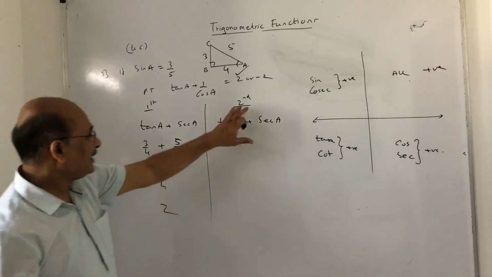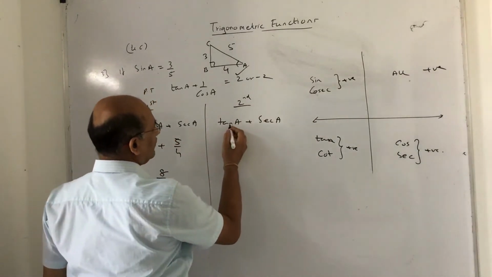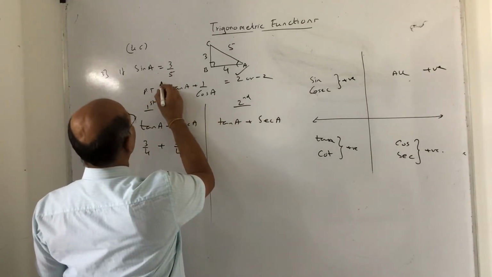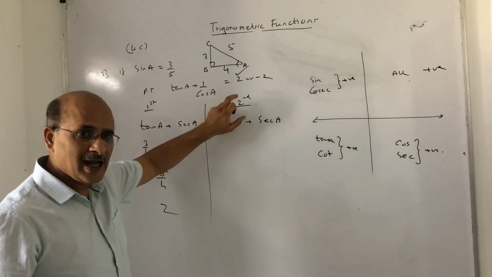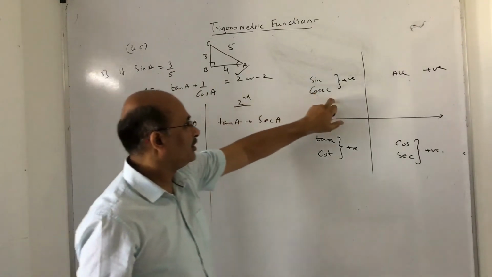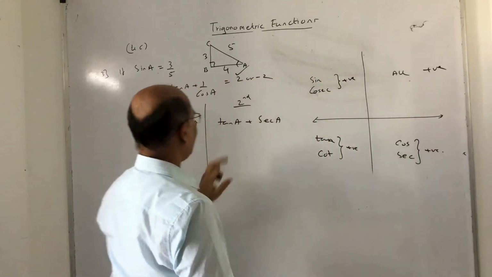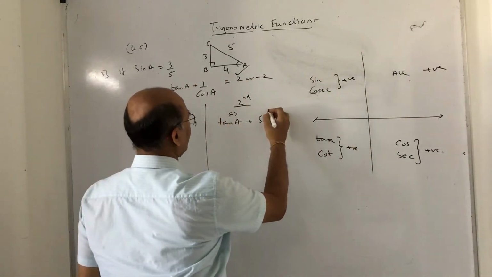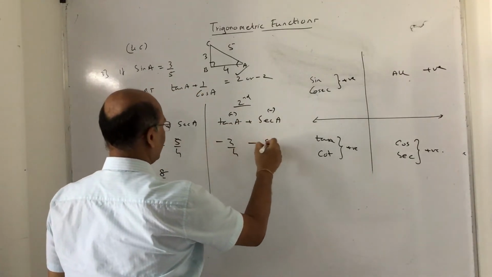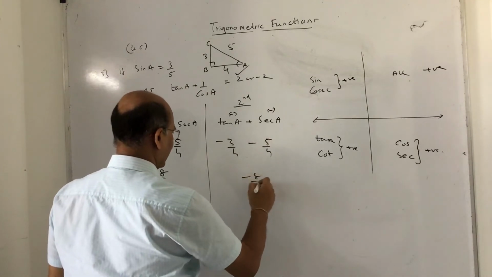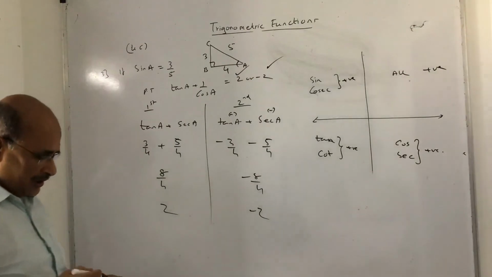Now, when I say second quadrant, I want to find the expression value. It was not mentioned, that's why I took both possibilities. So if the terminal arm of A is in the second quadrant, like this, then tell me, tan A will be negative and sec A also will be negative, right? So tan A, same thing, minus 3 upon 4, minus 5 upon 4, minus 8 upon 4, answer is minus 2. So it's not difficult.